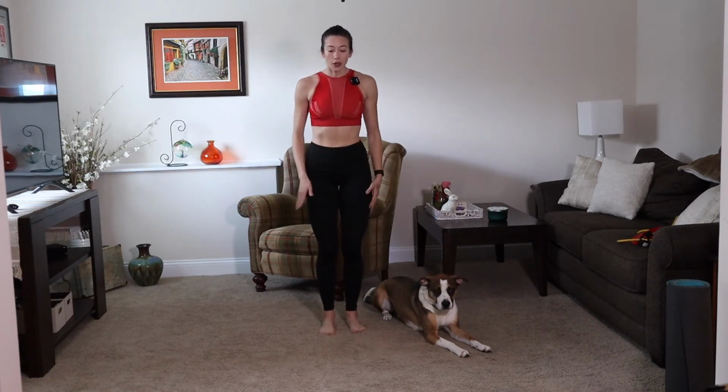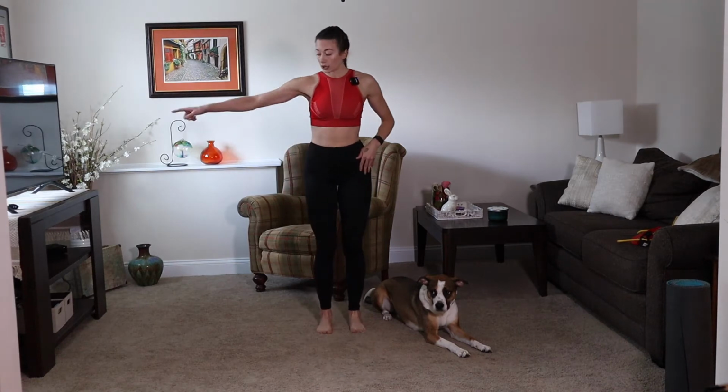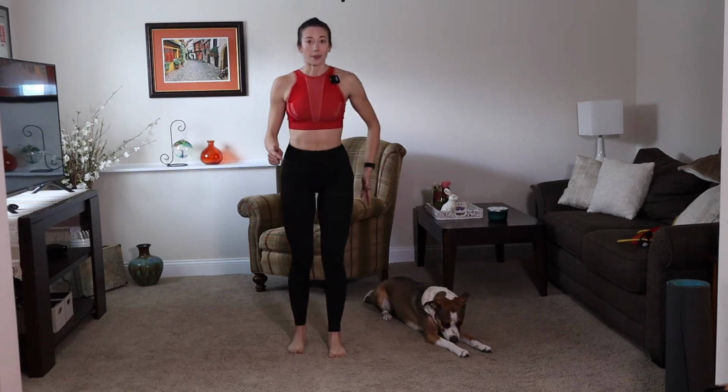All right, so all we're going to need is just space around you for our warm-up, and we're going to start with our 3-way lunge. This is going to be a full body workout, so we're going to warm everything up. 3-way lunge, right leg first. We're going to step it forward into that lunge, bend both knees, push yourself back. Go off to the right side, side lunge, and then reach behind you for a reverse lunge with that leg. Opposite side, left leg forward, center,